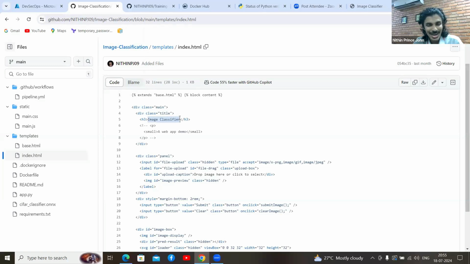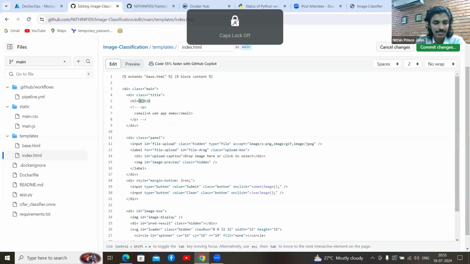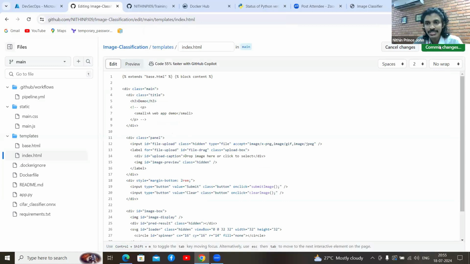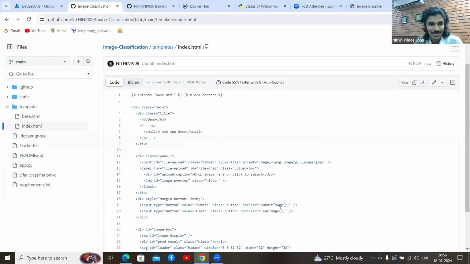For simplicity, I'm directly going to edit these things from GitHub itself. So let me edit this and put, instead of image classifier, I'm going to give it as demo. Okay, give it as demo. And let me commit the changes here directly. So this is a direct push. When this happens,